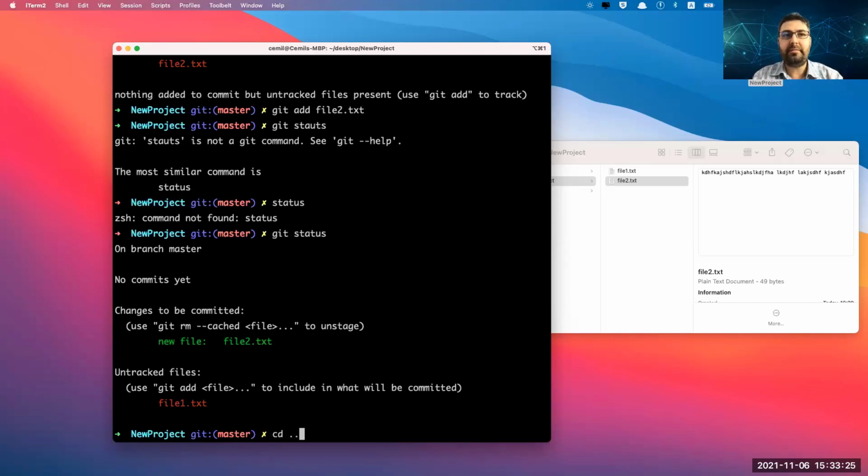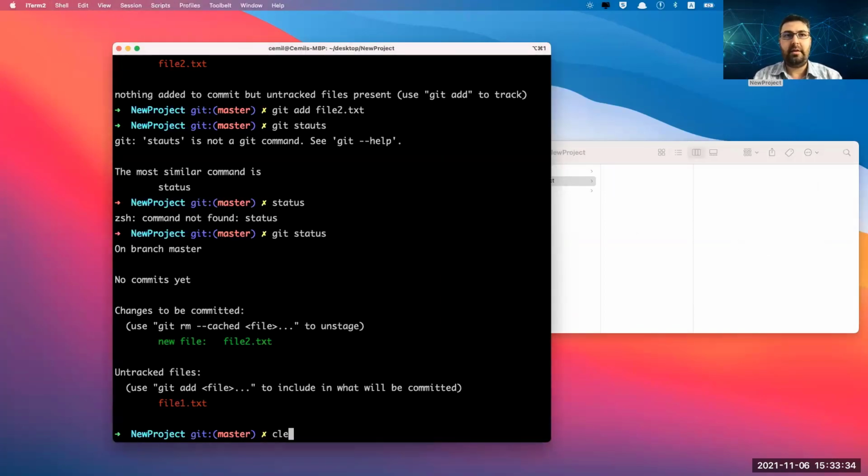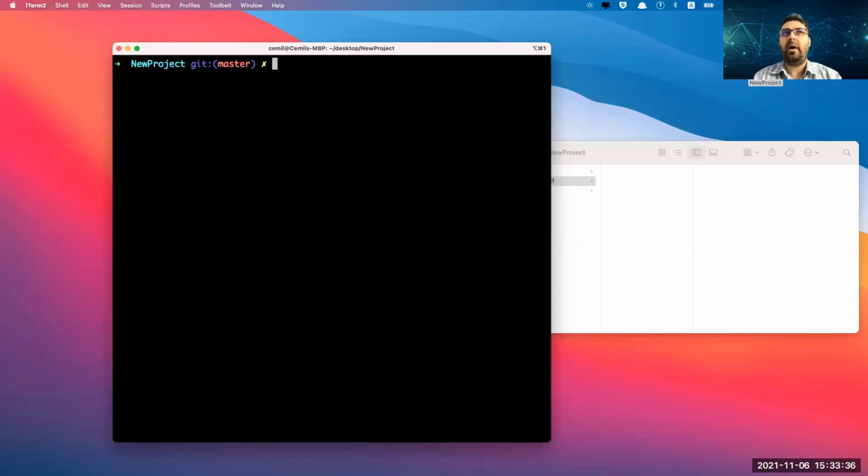Quick recap. Let's remove everything. You don't have to. Clear. Okay, now I'm here in my project folder. Let's create files with touch file1.txt, and we could create multiple files in one command, so let's create file2.txt and file3.txt as well, just in one line.